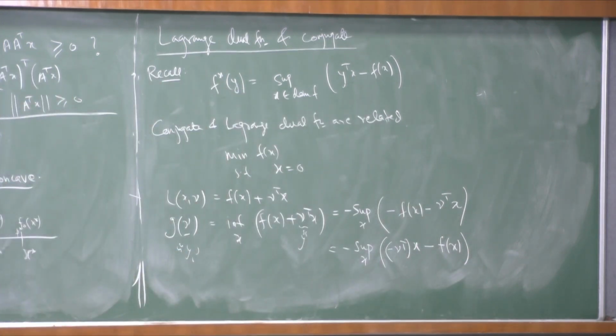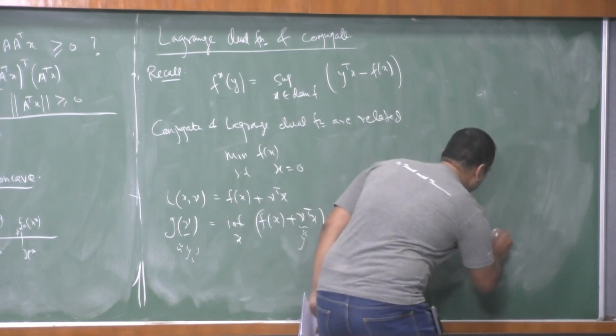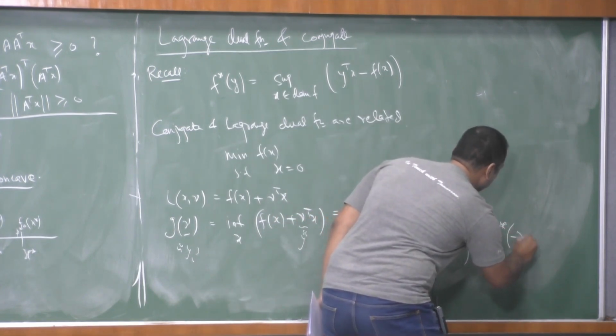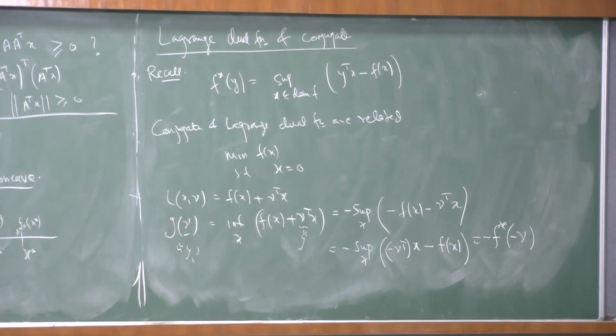So now we can write this as minus f star of minus nu transpose. Okay, so this is minus f star of minus nu. You don't have to put transpose there, just nu. So this is how g nu and conjugates are related